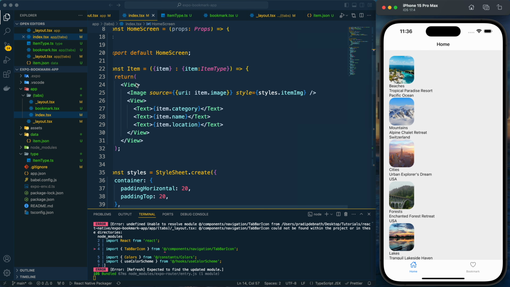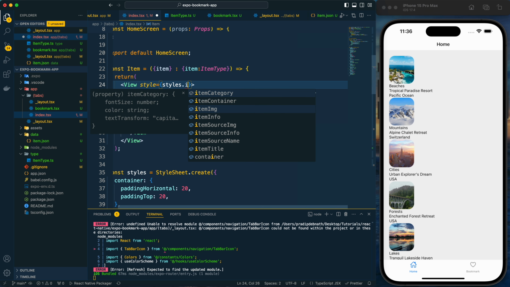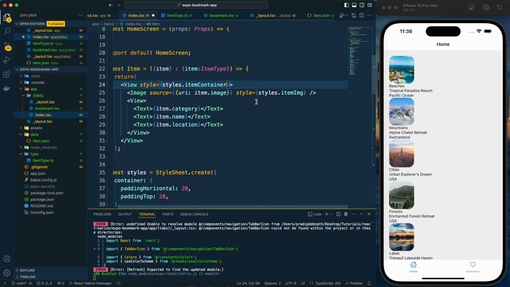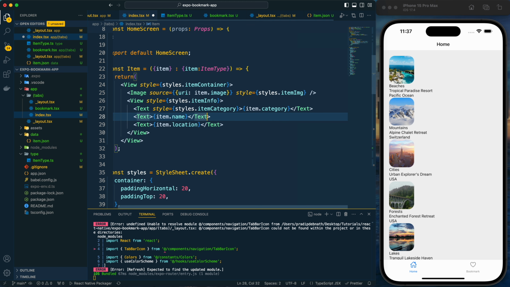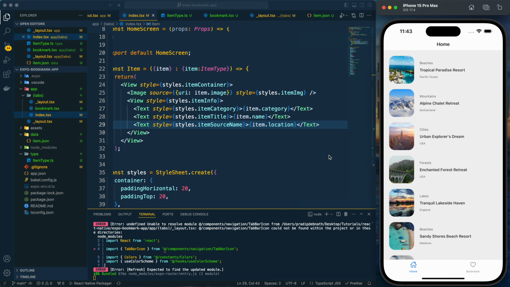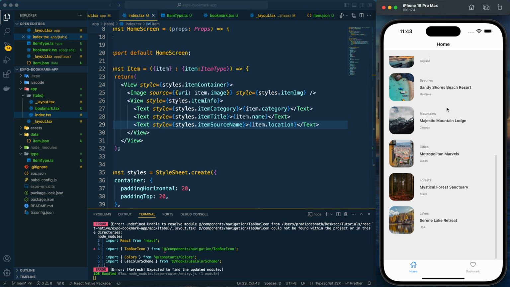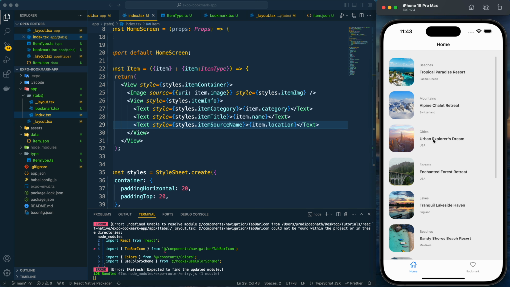Let's provide the styles for these items. So it will be item container first, then it is item image, then for this view it will be item info, then for this one it will be item category, then item title, and here it will be item source name. Now after that, here we can see this is how our items are showing.